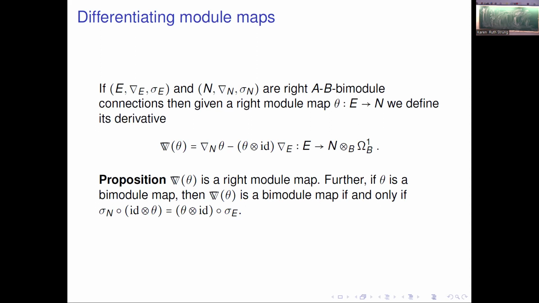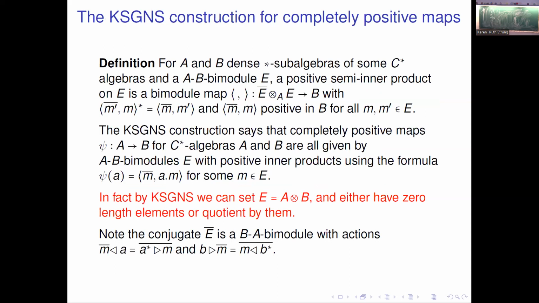And if I've got a module map, then I can differentiate that just by applying a covariant, well, basically by commuting it with covariant derivatives. And that will make a brief appearance later on. But now,